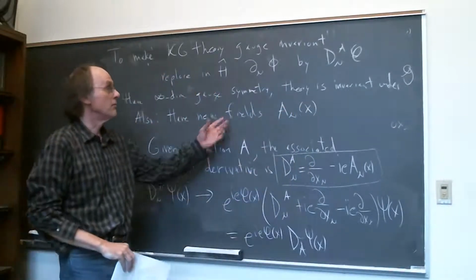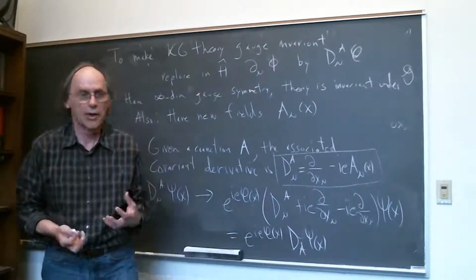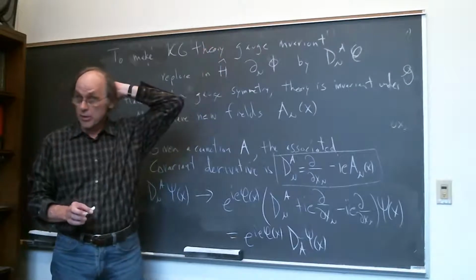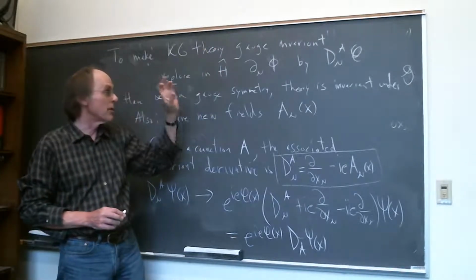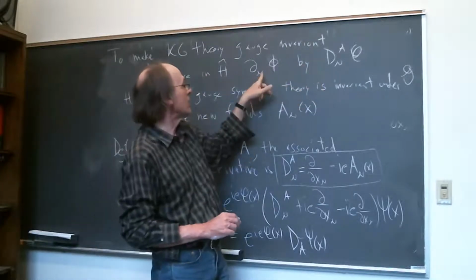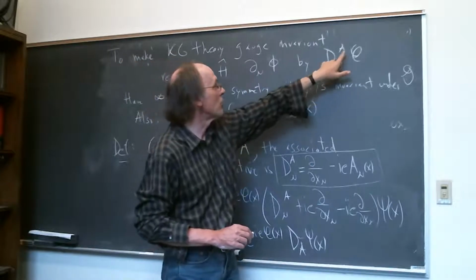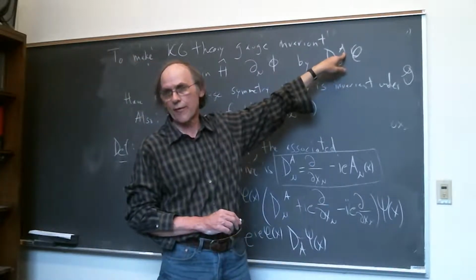So you've managed to make this theory invariant under this infinite dimensional group of gauge symmetry, but you've done it by changing the terms in the dynamics to new terms which involve this different field A,